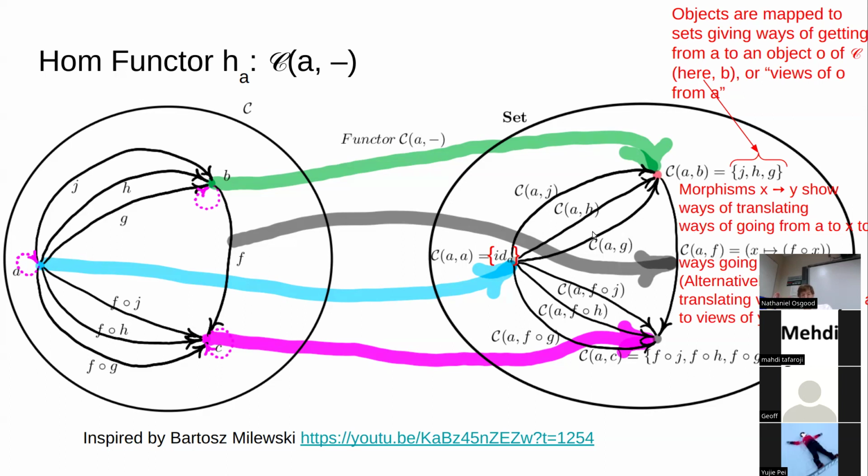Well, its job in life is to translate the source set to the target set. This function maps from a set here to a set here. It maps, watch my words very carefully, ways of viewing the source from A into ways of viewing the target from A. In other words, it maps,